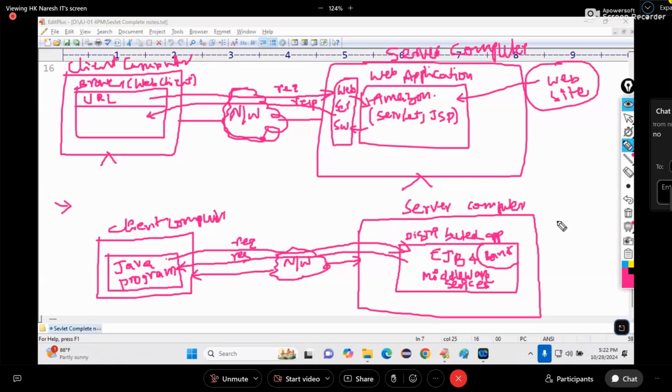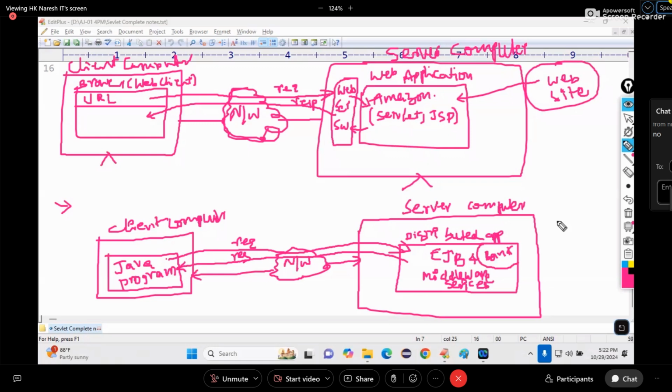What is the meaning of distributed? Accessible from a program. Wait, don't write, one minute. Distributed means it is accessible from a remote client program. But what is that remote client program? Any programming language client program.